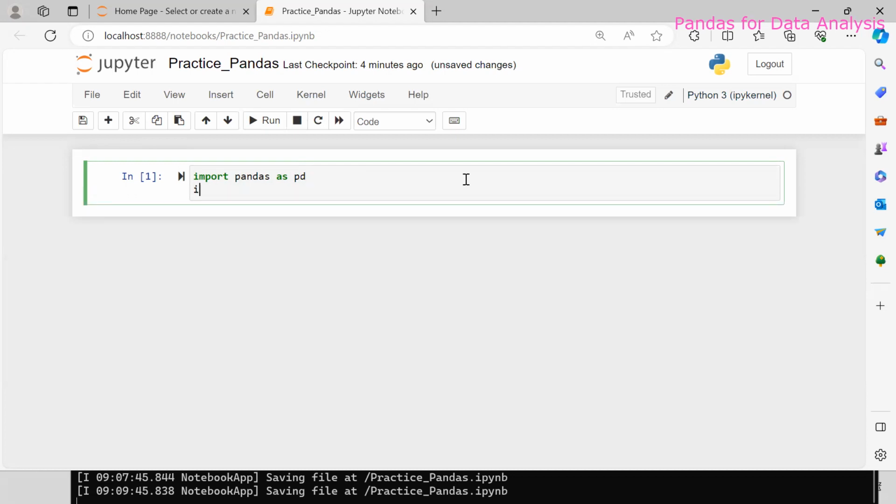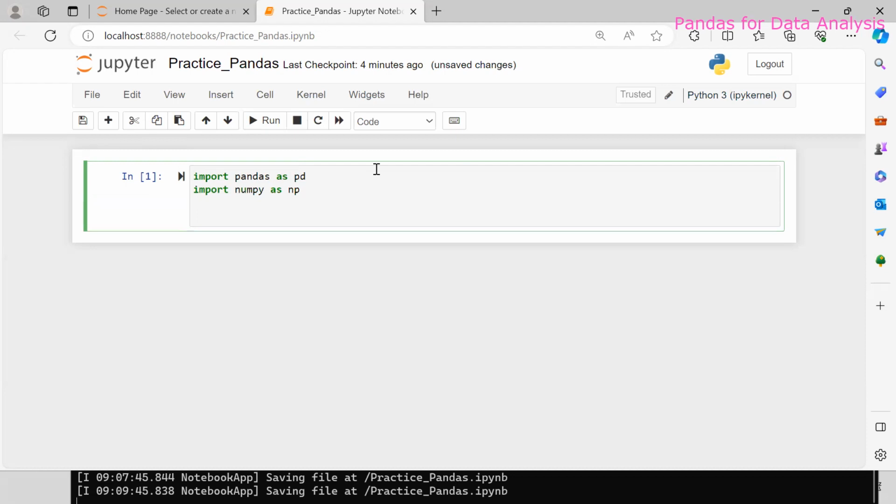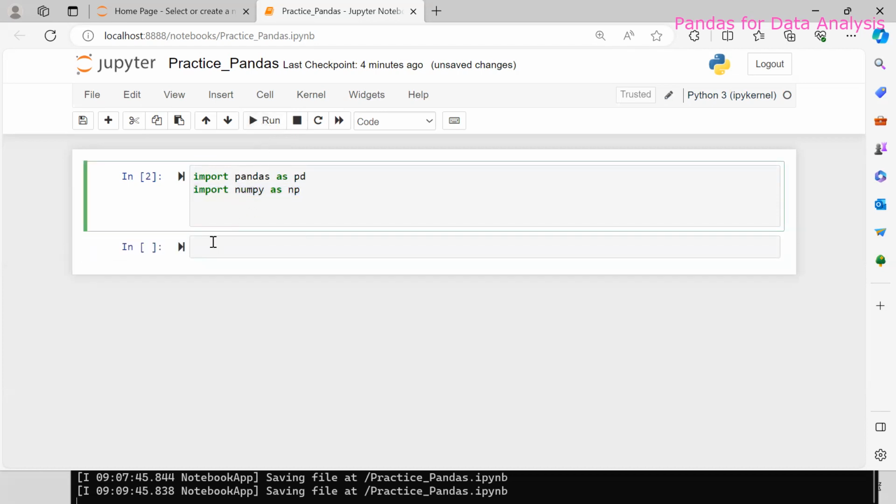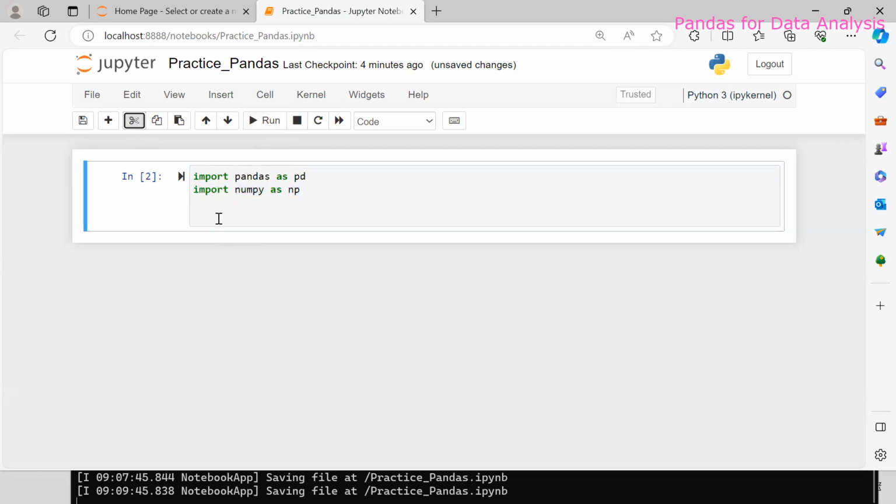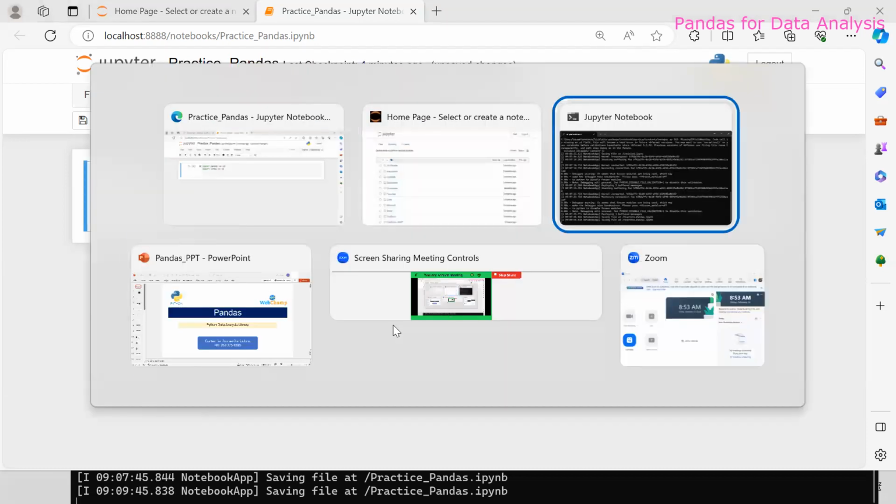Then you may need to use this library also, the numpy library, to create the data sets and to generate the array, to generate the set of data. So this library is very helpful. So what we will do, we will keep this imported in our code. So it may be helpful if we need it in future. Okay. So now let me come back to